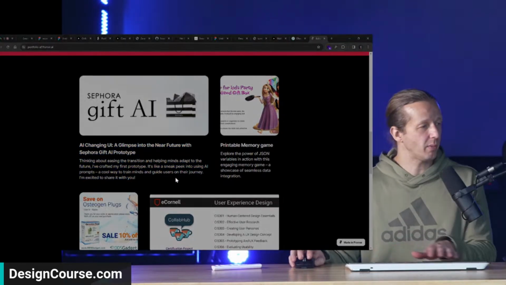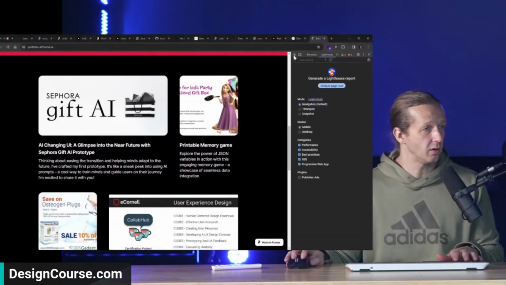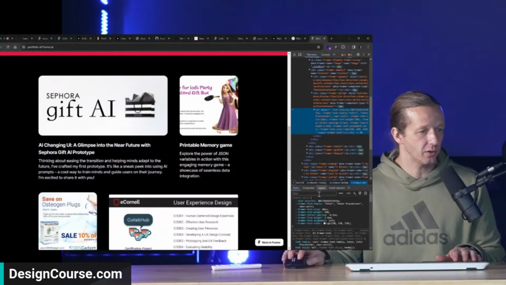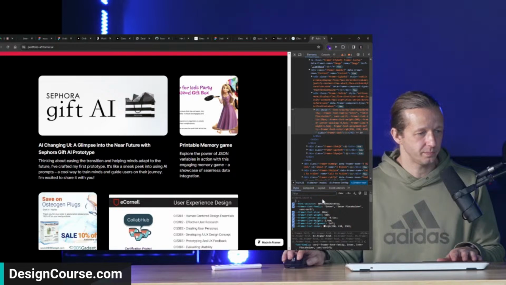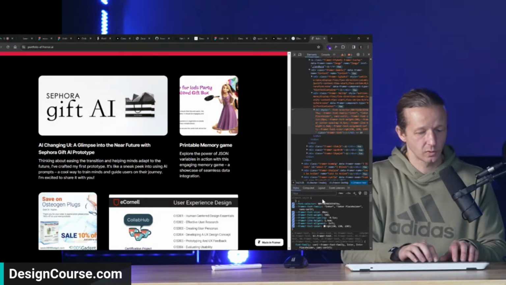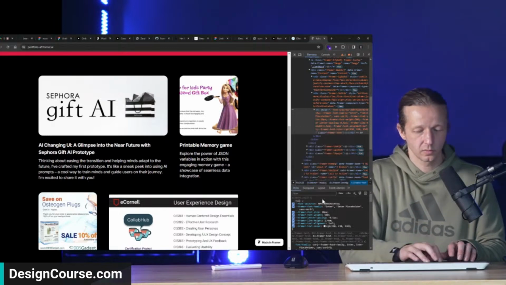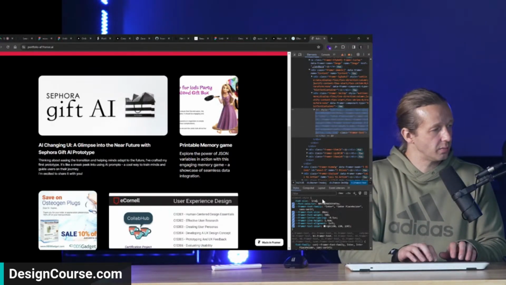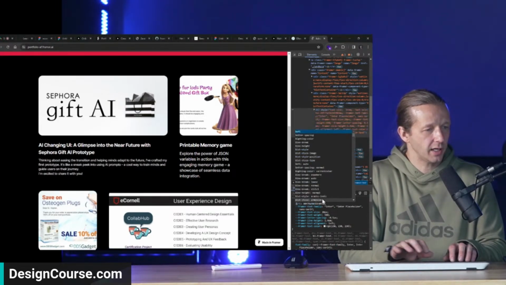So what I mean by this is if I get out the dev tools and I select this element right here, we take a look at the font size. Let's see here. What am I doing? Oh, let's see. Okay, good. So if I do, let's just do rem and then line height.